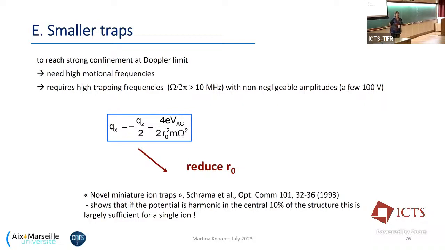So it's very difficult to maintain these high frequencies with high amplitudes if the capacity of the structure we use, of the trap we use, is very high. So what we have to do is we have to go to low capacity traps, and going to low capacity traps means traps which are small, okay, where there's not a lot of macroscopic structure, but where there are small structures. And I've already introduced yesterday these miniature traps,